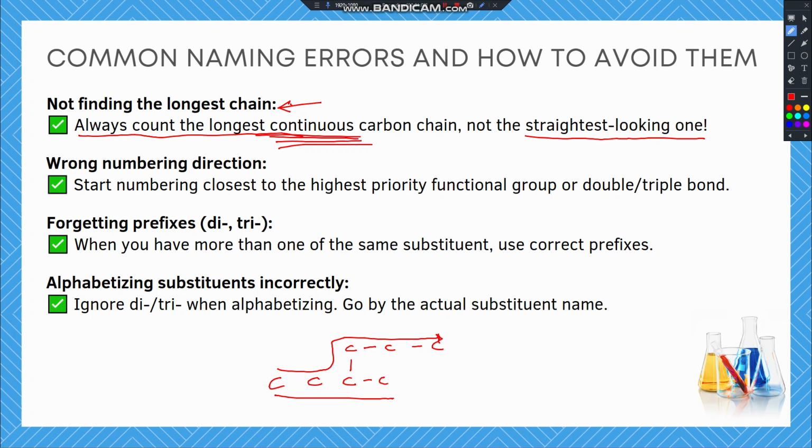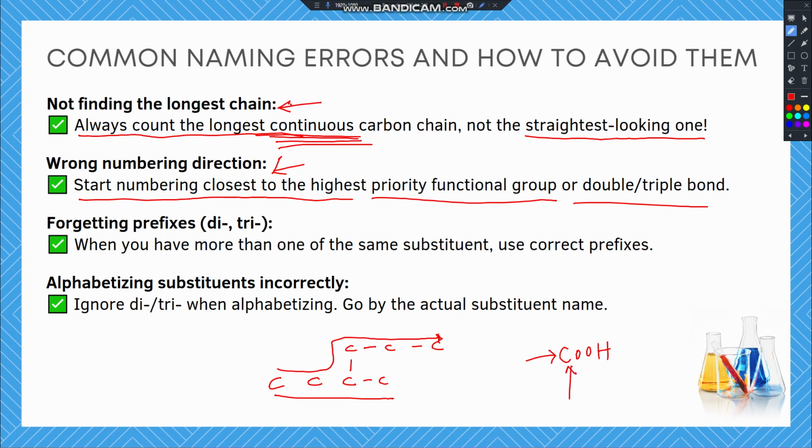All right. So the next mistake that students make is that they number in the wrong direction. When you are numbering, start numbering closest to the highest priority functional group or double or triple bond. You saw that in the examples that we treated. When we had a functional group like COOH, we made sure that we started numbering from the end that was